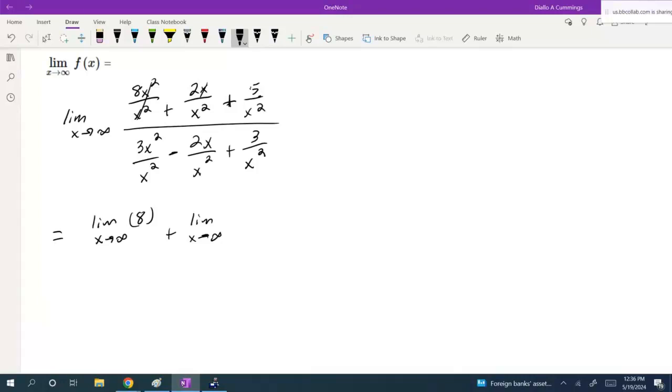The x in the numerator will cancel one of the x's in the denominator. So that's the limit of 2 over x plus the limit as x approaches infinity for 5 over x squared